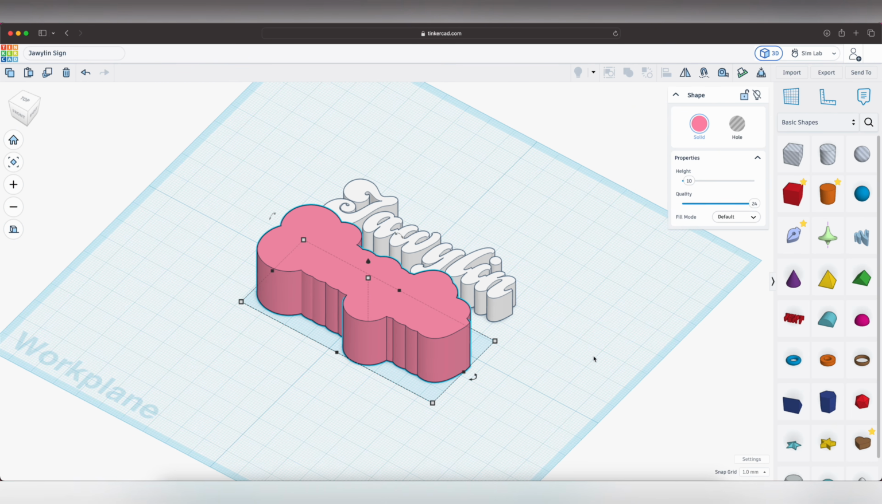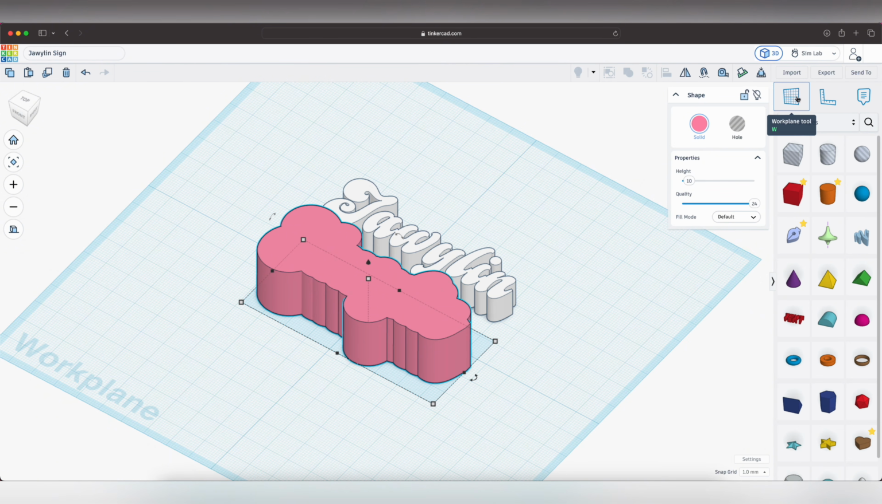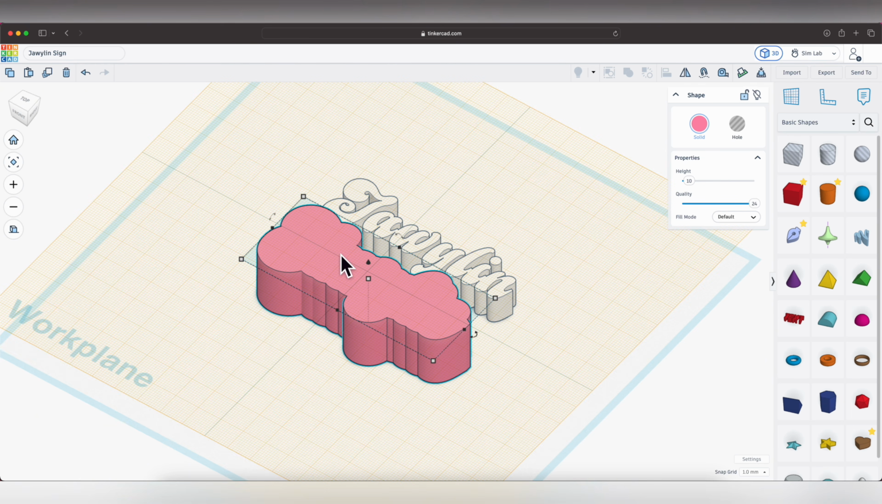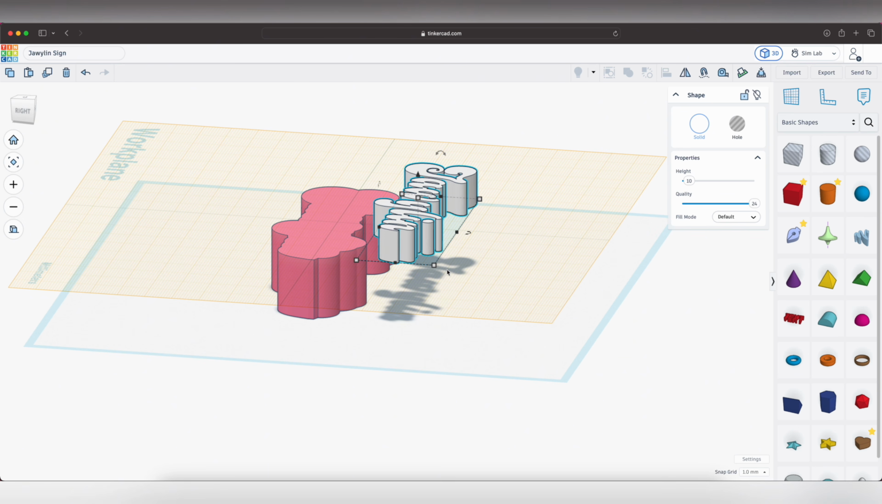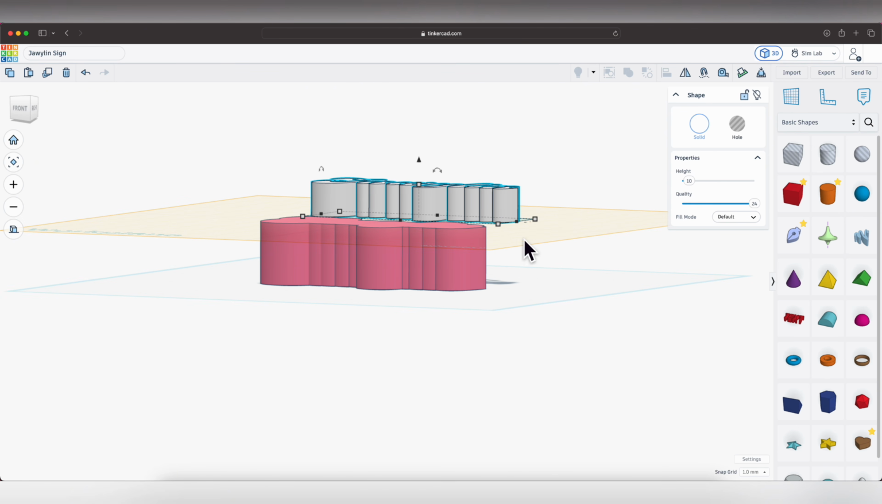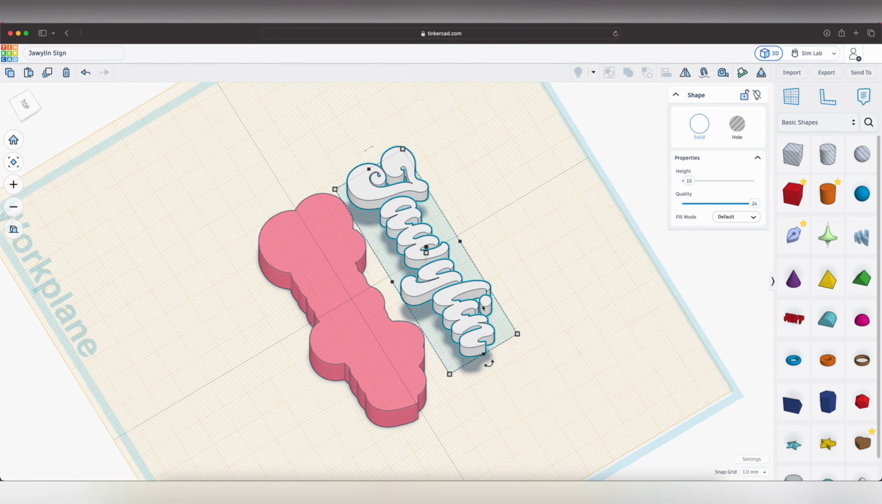This should be good. After that, I'll grab this tool right here, which is the work plane tool. What this does is you can hover it anywhere on the surface of whichever shape you have, click on it, and that makes it your new work plane. Now, anything that you drop to work plane, or use this button right here, anything that you click D for,